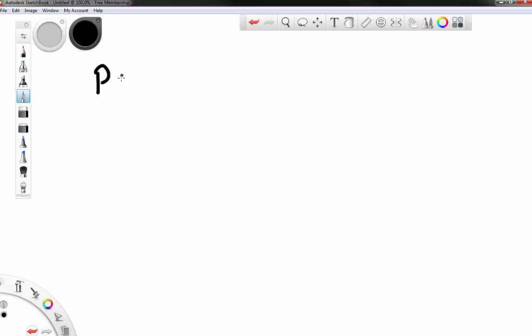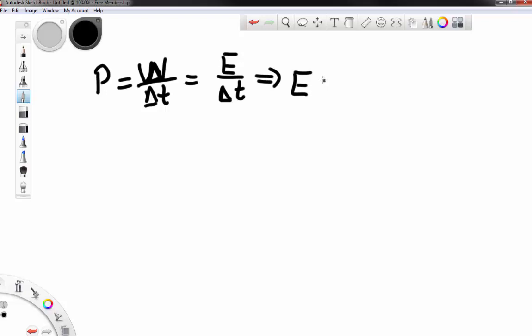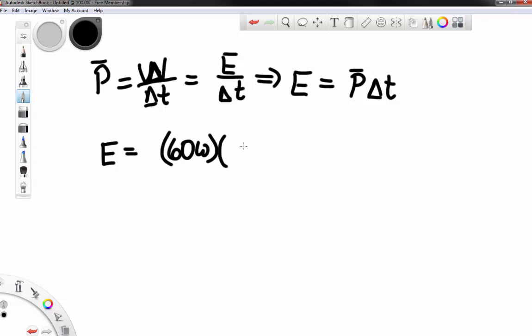So power, of course, is basically going to be the amount of work done per unit time, or in this case is basically the energy used by the bulb per unit time. So if we want to know what the energy used is, then we can take what that power was and multiply by the amount of time that it runs for. So the energy used is going to be 60 watts times 1 minute